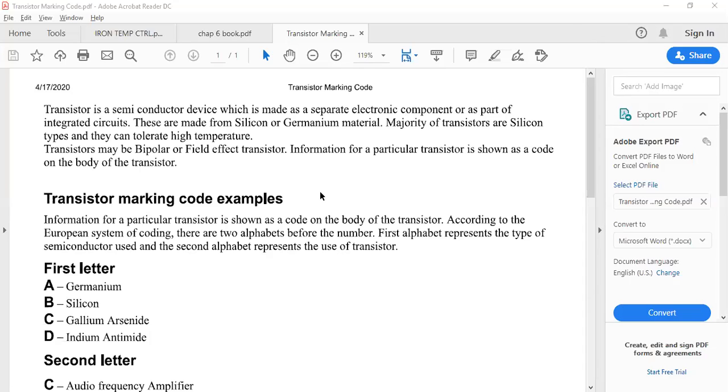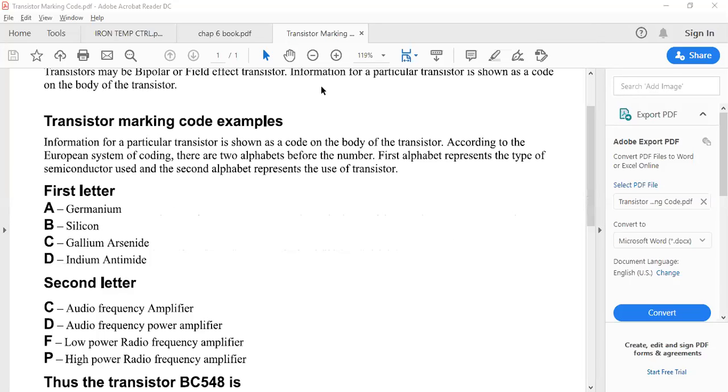Okay, the significance of the number marked on the transistor. See, we know about the transistor. It is a bipolar junction transistor, a semiconductor device, all those things we know. But why are the numbers there on the transistor? For example, let us take a transistor which we have used in our laboratory for transistor characteristics: BC547. What is this BC?